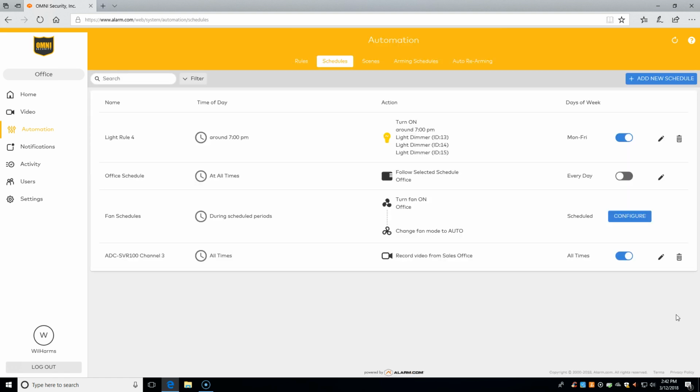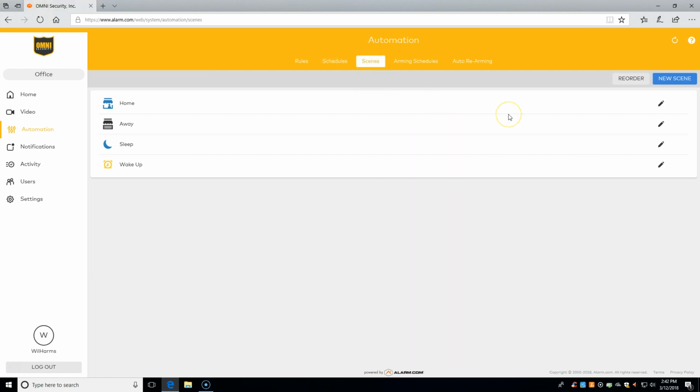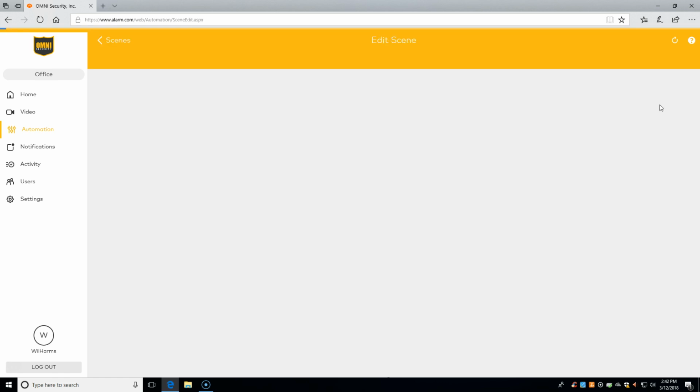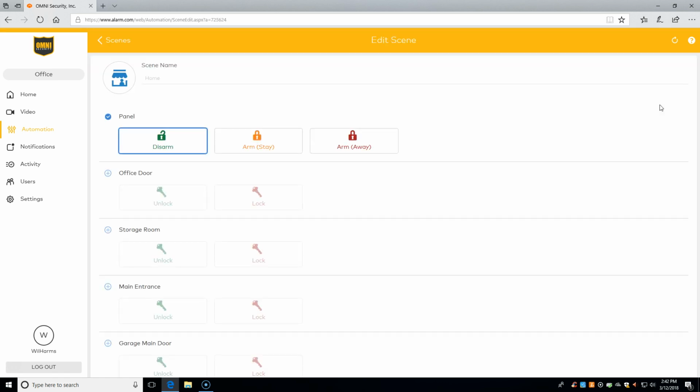And finally, the scenes. Scenes are used when we want to have multiple actions happen at one time. To set up scenes, all we need to do is go up to the top here and click on the Scenes button. And then we just use our imagination once again to set up our scenes. So if we have our home scene, we can edit this. So when we run the home scene, what will happen is, for example,